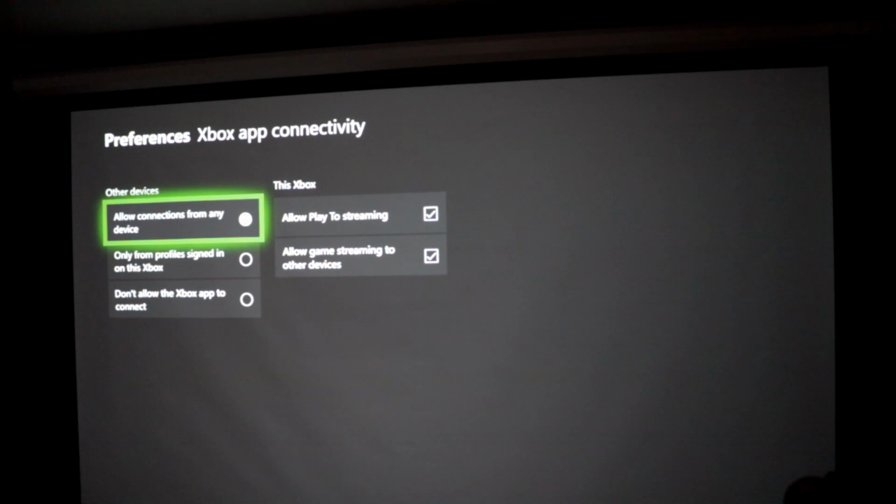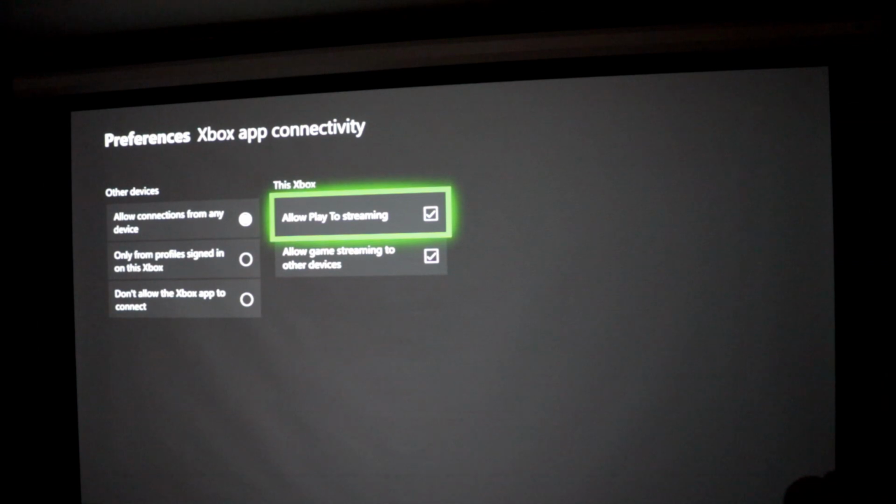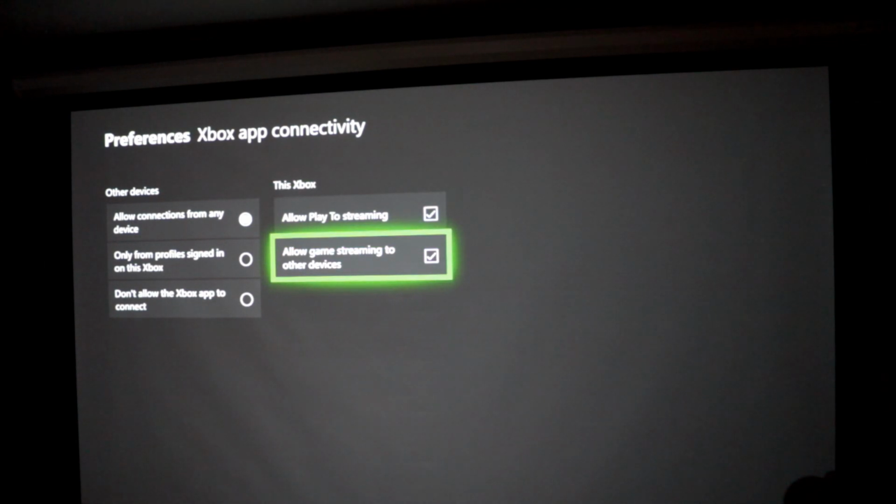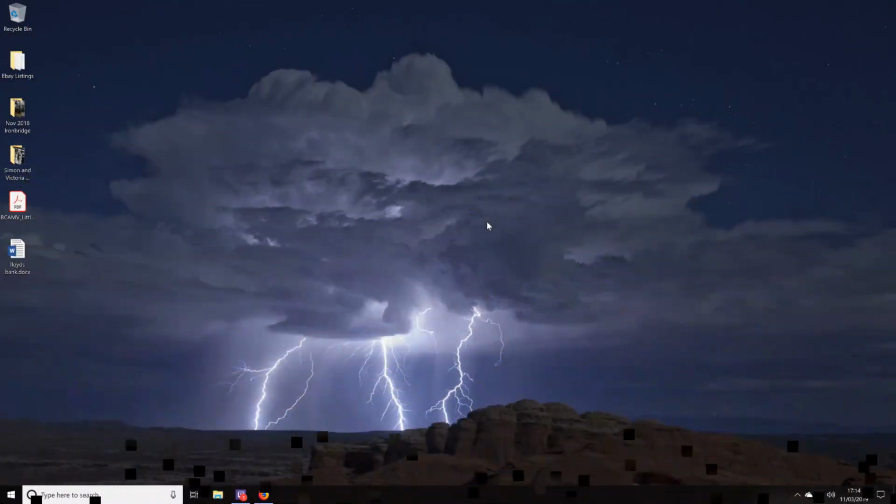Under other devices you'll want to make sure allow connections from any device is selected, and under this Xbox you'll want to make sure that both allow play to streaming and allow game streaming to other devices are also both selected. Back at the computer then, you're going to want to open the